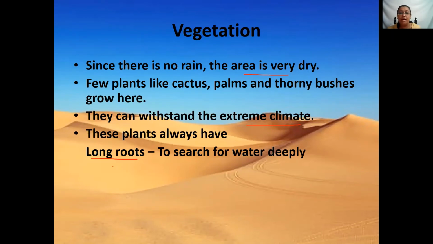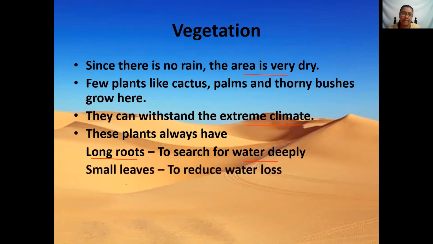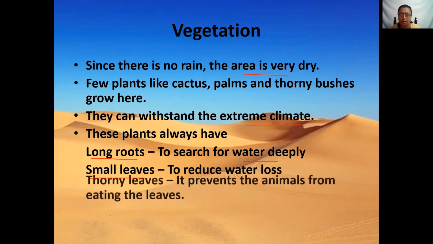So usually the plants will have long roots so that they can go deep into the soil to get the water. The second thing is they will have small leaves. Why? If the leaves are broader, then more water will get evaporated from the plant. So to avoid that, nature has given them small leaves so that little water is evaporated or lost.